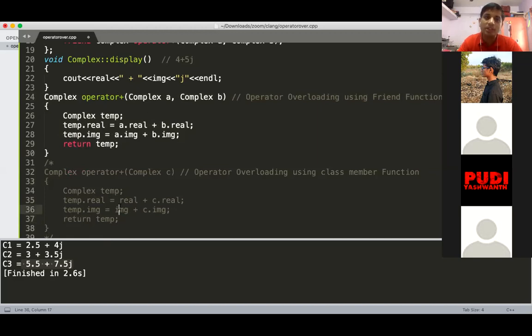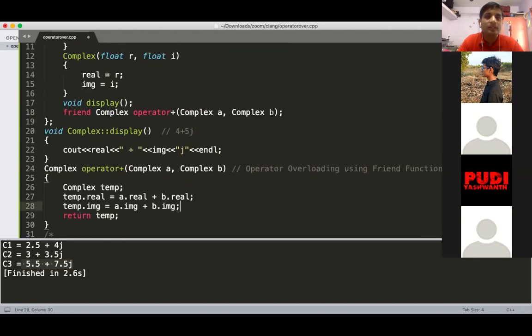Both methods do not have so much difference. Only one very major difference: if your operator plus function is taking a single argument, it is a class member function. If your operator plus function is taking two arguments, it is a friend function implementation. Getting it?